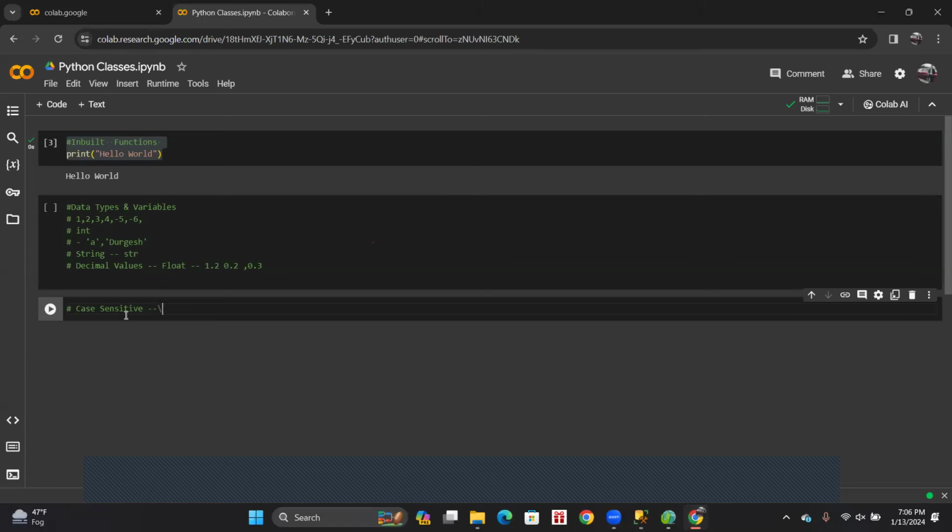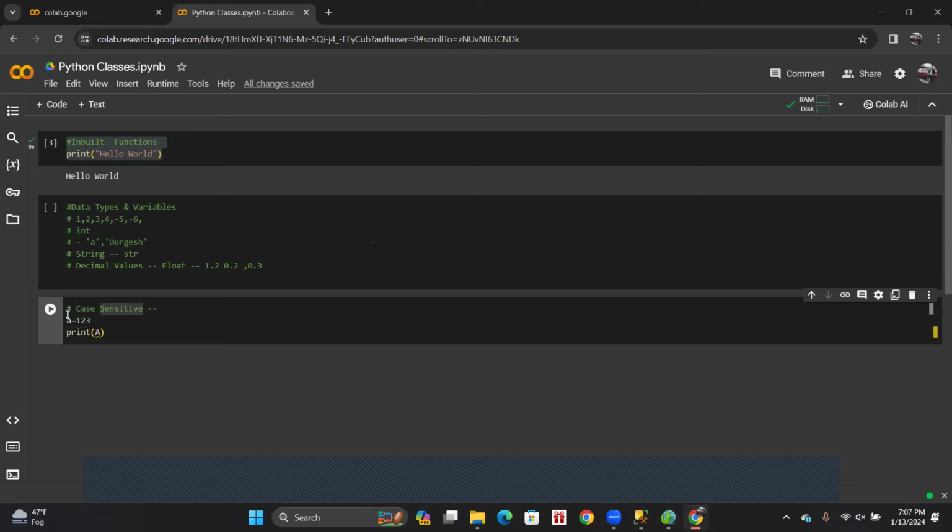You cannot change it. So for example, if I have written here a is equal to 1, 2, 3, and I am writing here print A, what will be the output? Do you think it will give me an output? No, because you have defined small a as 1, 2, 3, and you are using capital A here. So Python doesn't know what this capital A is. The compiler is not getting to know what this capital A is. So you have to use small a only. Now, if you run it, it will print 1, 2, 3 on the screen. You have to be very careful in Python that whenever you are using Python, you have to take care of case sensitivity. Now, after this, we are going to talk about some basic operators in Python,